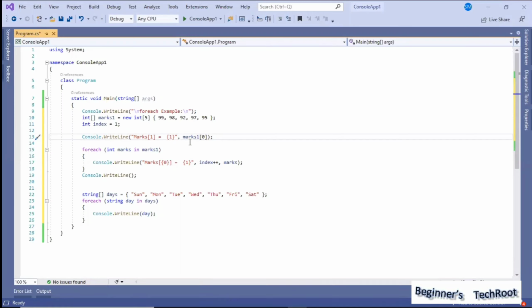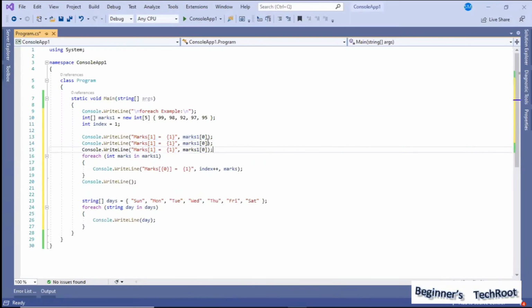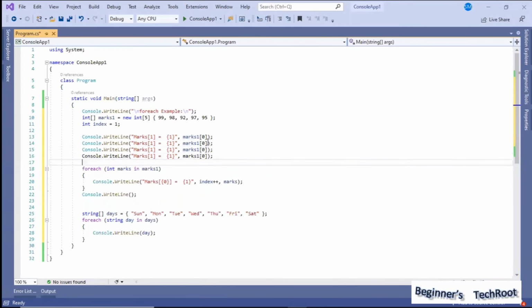If we write like this, what happens? It takes the marks1 value like this. If you want a second value, once again we need to write like this. Third value, fourth value, fifth value.